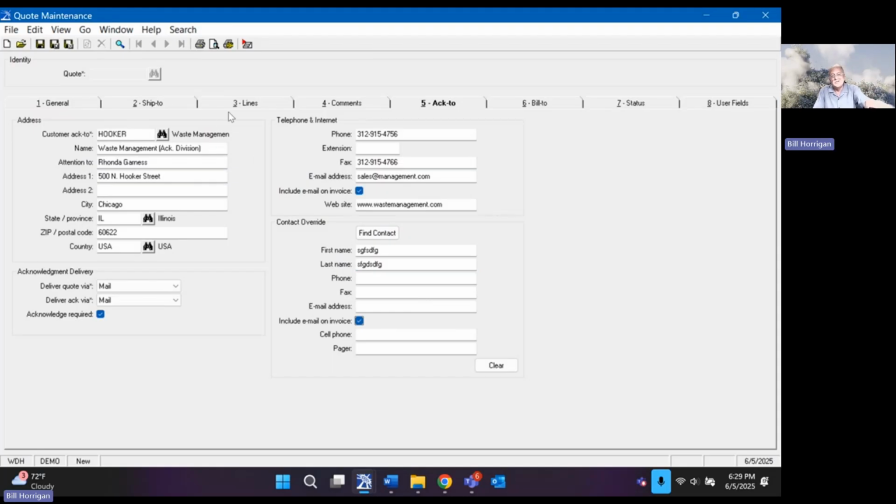So these little things make a big difference when the customer calls back and Joe's on the phone and says, hey, where's my order and all that good stuff. So again, make sure too that you go to the system parameter tables and look at